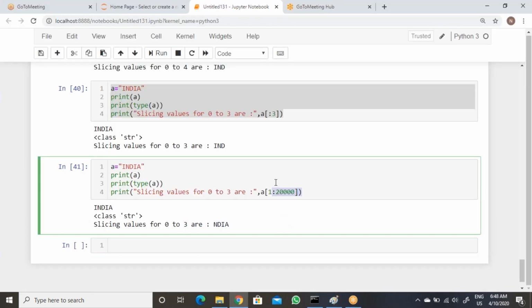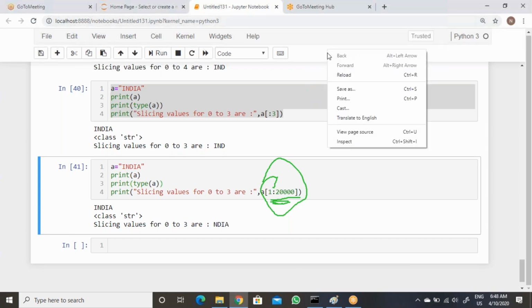You will not get any error in slicing, because we have the slicing operator here. If you pass an index, it will throw an error like index out of range. But here I am discussing the slicing operator, with which we don't have any problem with the length of the number you passed. So you need to make sure of that. Now let's see.